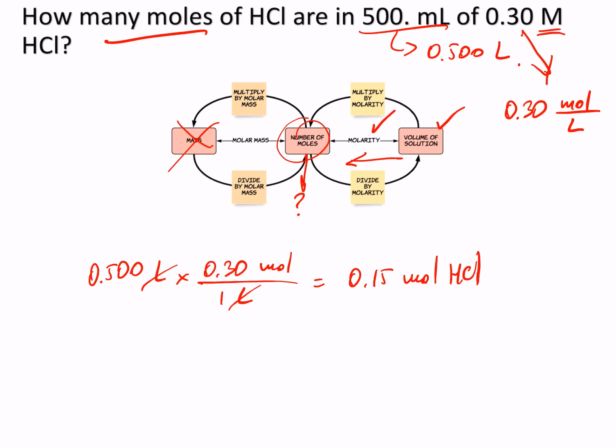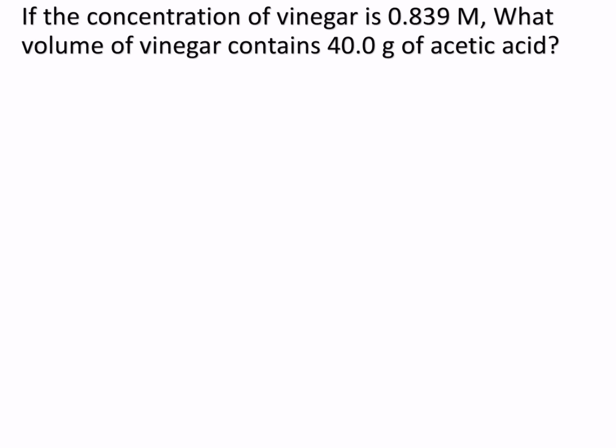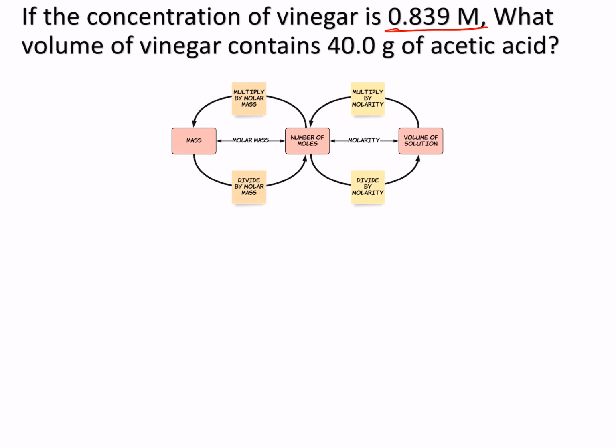and that would be equal to 0.15 moles of HCl. Okay, so in this case, now we have concentration of vinegar. Now we have 0.839 molar, again moles per liter. What volume of vinegar contains 40 grams of acetic acid? So let's keep our diagram there. And acetic acid, this is